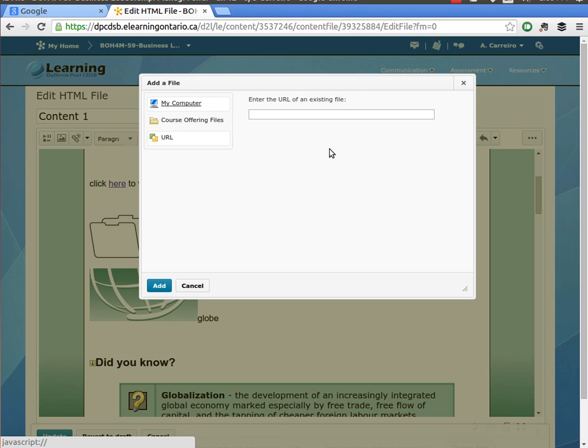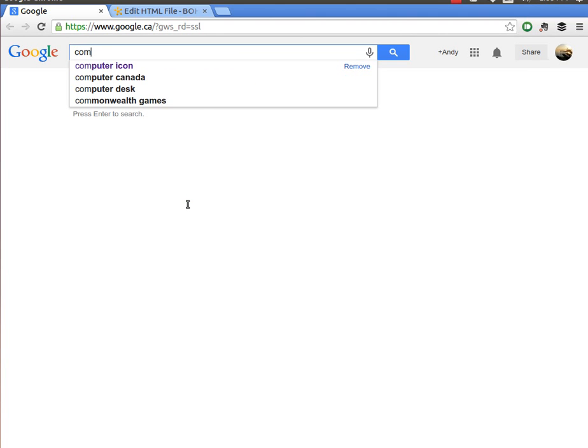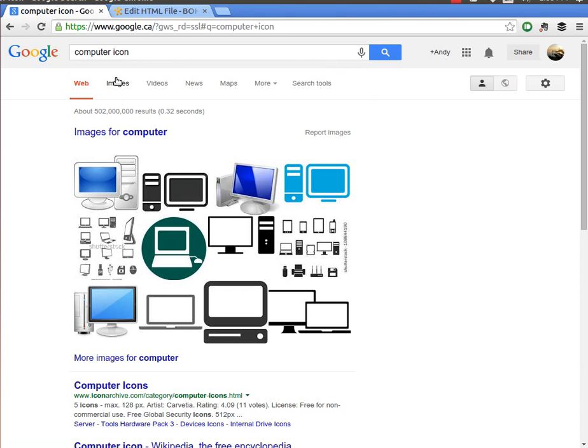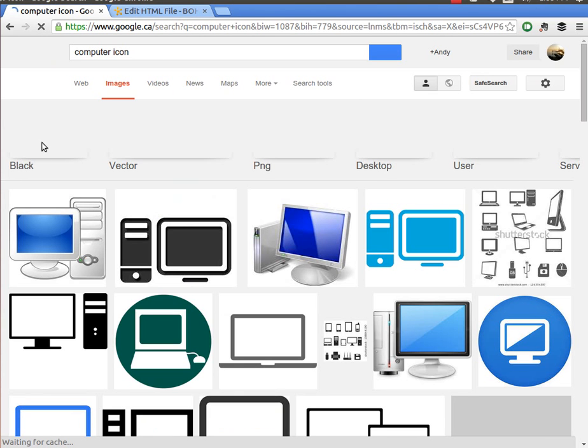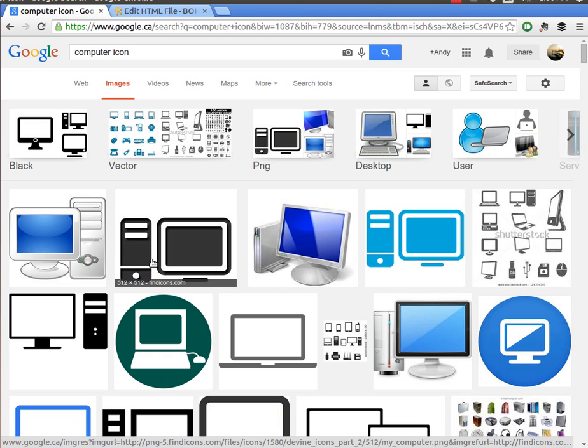So, just to simplify things, let's say I search Google. So we'll go to Google, and I want to find a computer icon. So I'm going to type in computer icon. Right, there it is, computer icon. And I'm going to go to images, because that's where we go for some of our pictures. We go to Google Images, and it's going to pop it up. And there are a whole bunch of pictures here that I really like. So let's say I want this one right here, this black and white one,